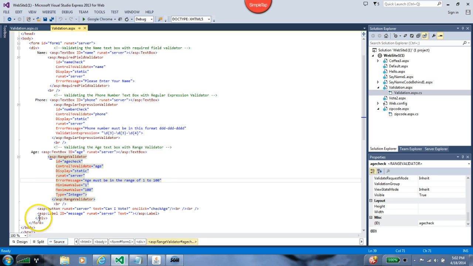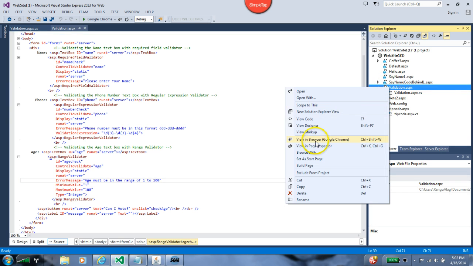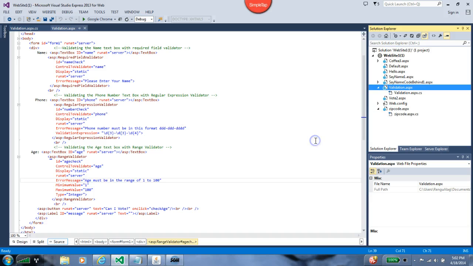So we are closing the div, form, body, and HTML. So this is our coding in our source document. So if you execute this one, go to validate.aspx, right click it, and if you click view in browser,